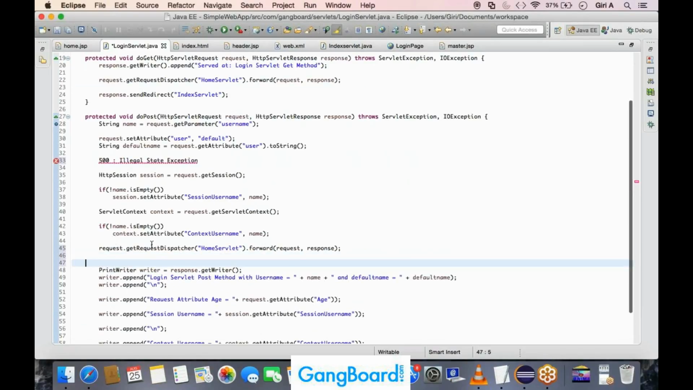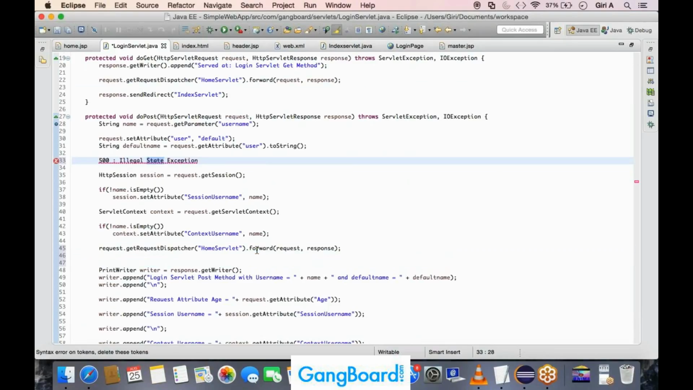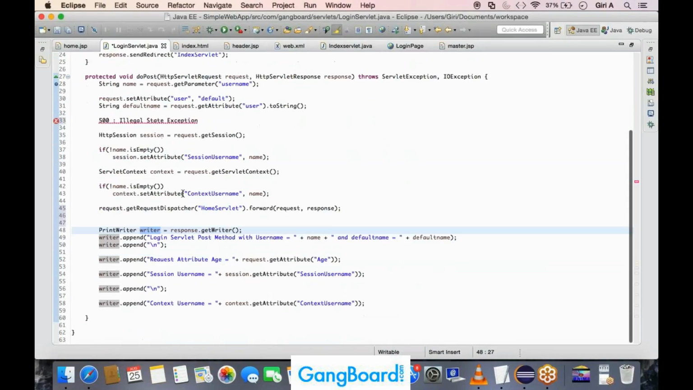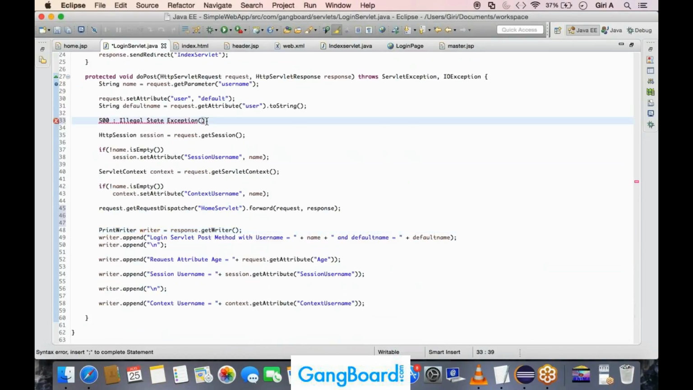Suppose this is how my code is, then you will get this error in the UI because you are forwarding and also you are writing in the response. So we'll get the illegal state exception for forward, and inside that it will give the explanation